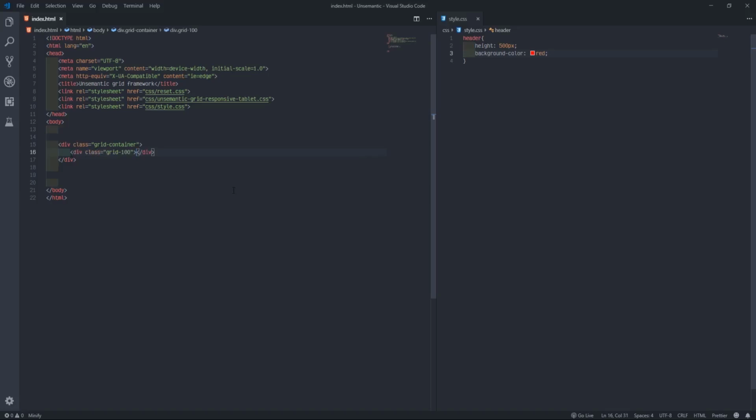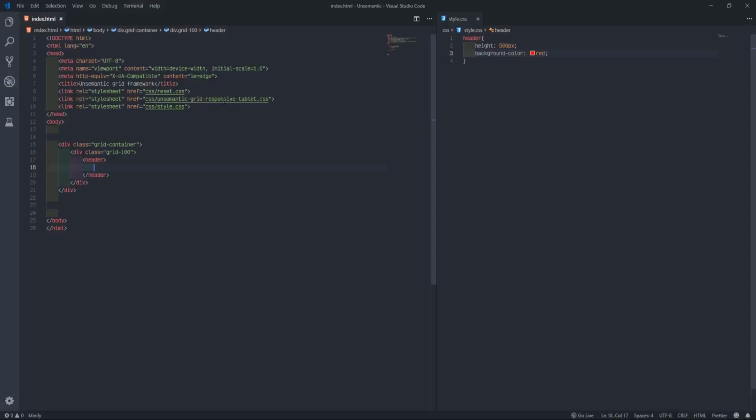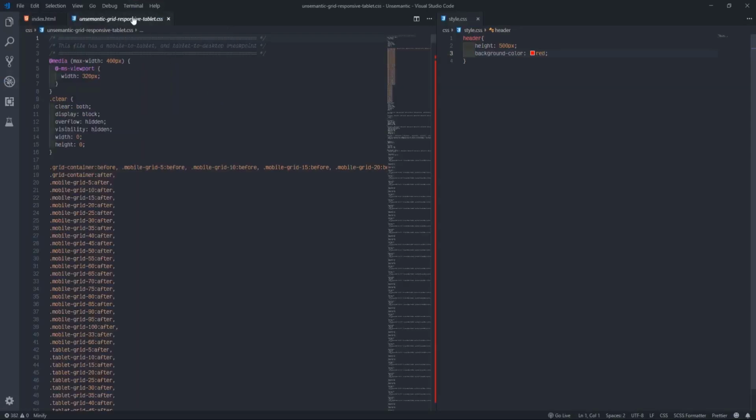If you don't know this Emmet code they use, just check, I already created a tutorial. If you follow it, you'll understand how to write all these quick codes. So I'll put grid 100. You see, after grid 100 it still takes that shape, but now it has a small padding at this corner. But that's not the main thing we're talking about. On Semantic, the grids are specified from grid 5 going up to grid 100. In fact, let me open the CSS file and show you quickly.